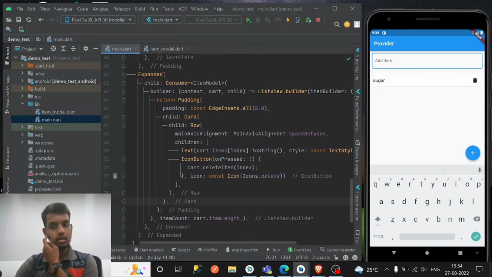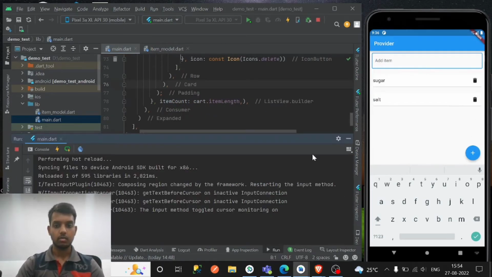So sugar and delete button we have. Salt, let's add it to the cart. In this way the provider is working with the add function, and if I delete the salt, it will be deleted. So it is working smoothly as we expected, and I didn't use any setState, as you see,